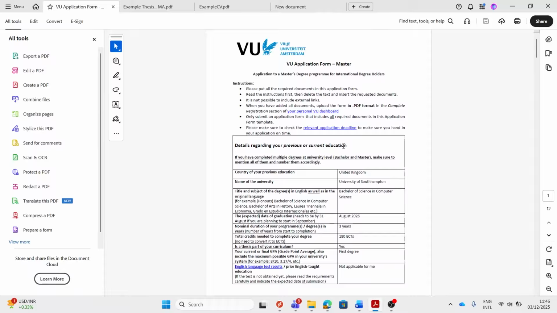I've also found a page that details how to pay the application fee. I'm not exempt from paying the fee, as I do not meet any of the criteria listed on vu.nl. Therefore, I will pay the €100 fee using the payment tool in my VU dashboard. This makes my application 100% completed, and now I just have to wait for up to 6 weeks for a decision on admission. I've applied quite early, so I might be able to expect a quicker decision.